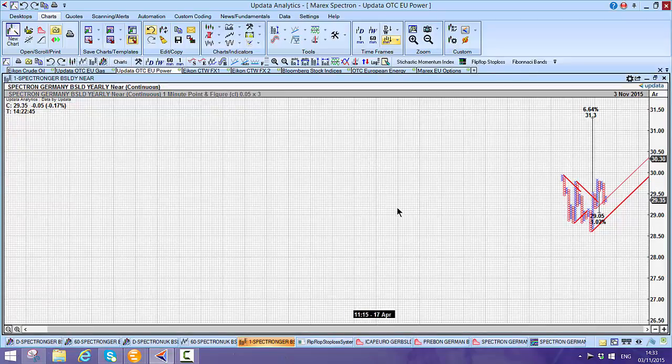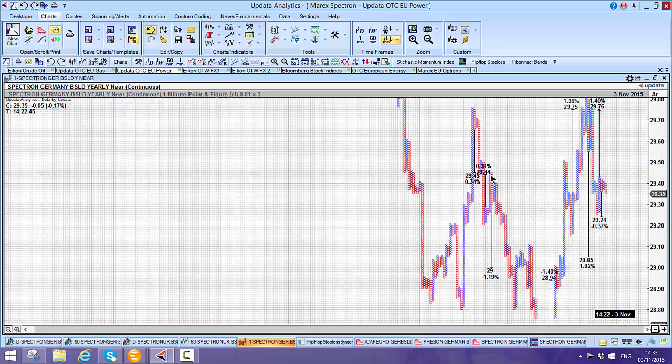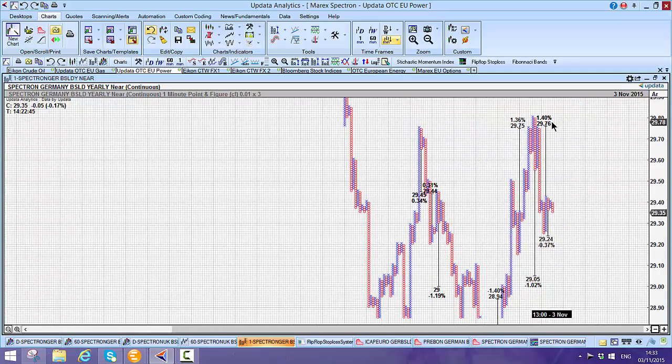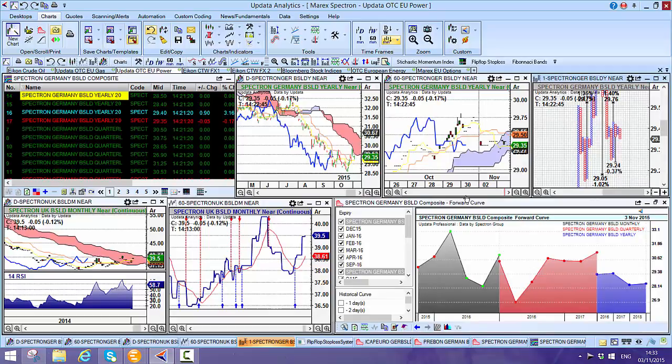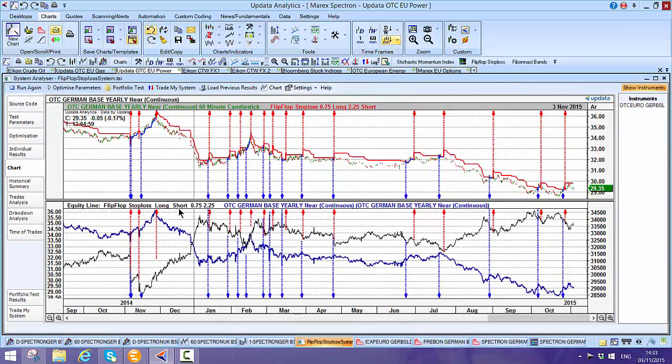Shift T will give you all the trends and targets, and lots of Updata users rely on these price targets for trading power and gas products in Europe. So again, that just makes the most of that data. Here we again see the multiple curve, and because the data histories are long, you can do things like backtesting,